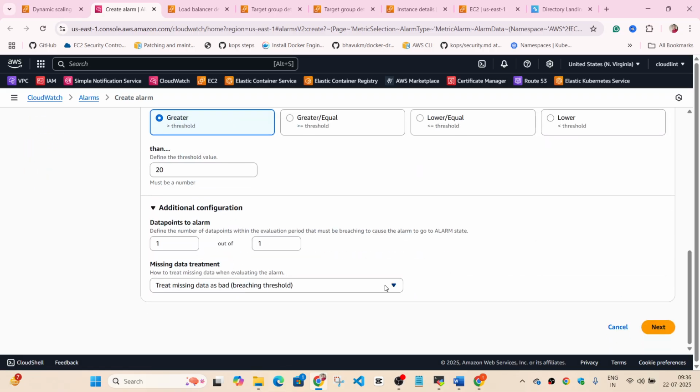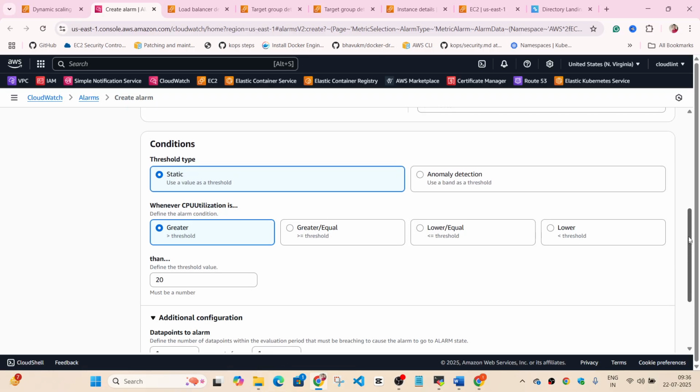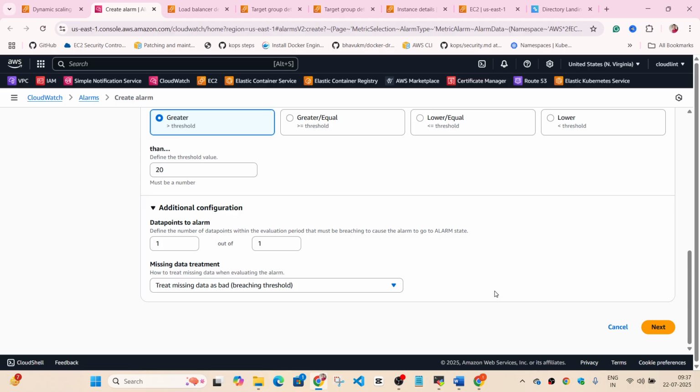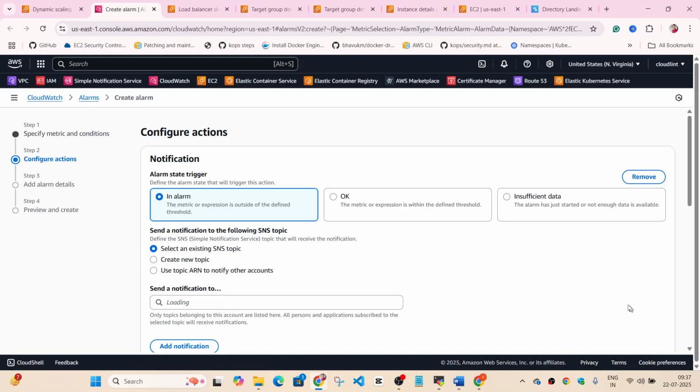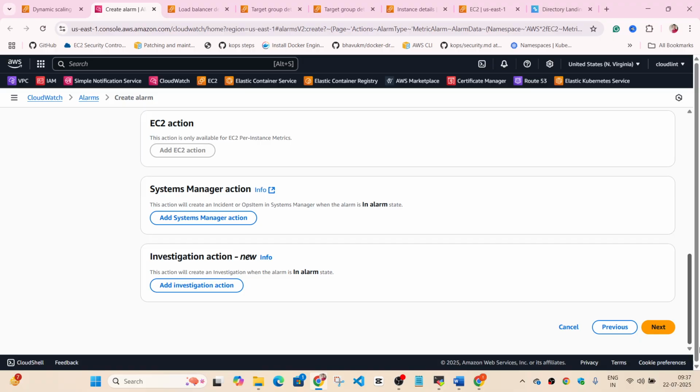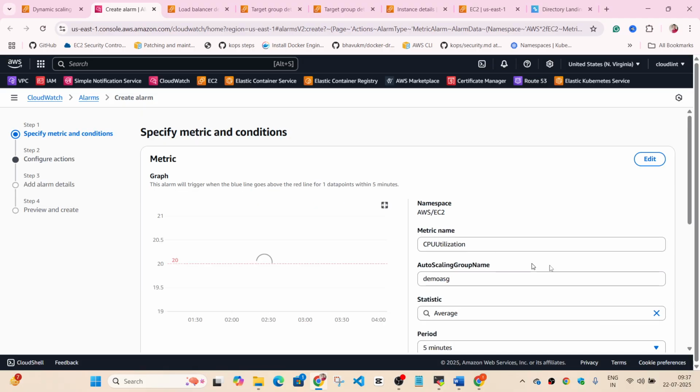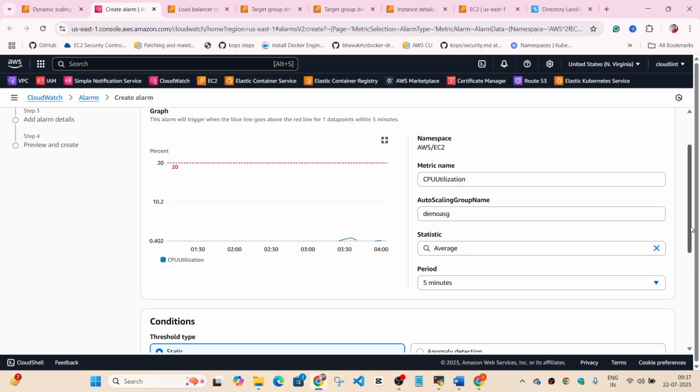But once again, as I mentioned, I have used this previously also multiple times, and it has worked with the default options also. But in this case, since it wasn't working yesterday, I'm going to choose this option so that it is triggered.